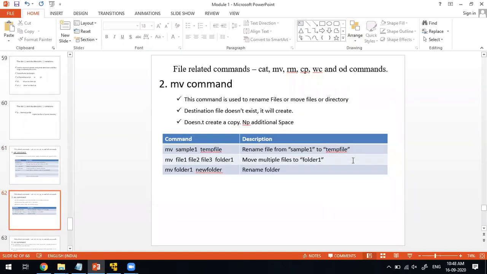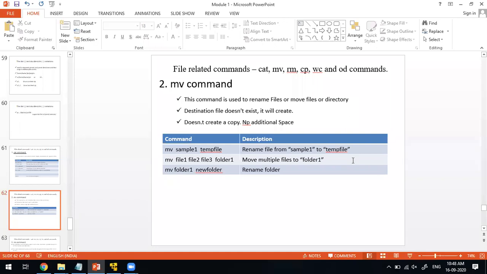The next thing is the move command, mv. This mv command does two things. One is it will rename files, it can be a folder or a file. It does a rename operation or a move operation.